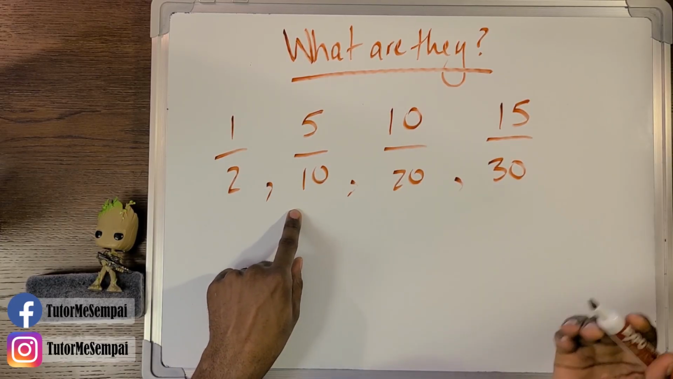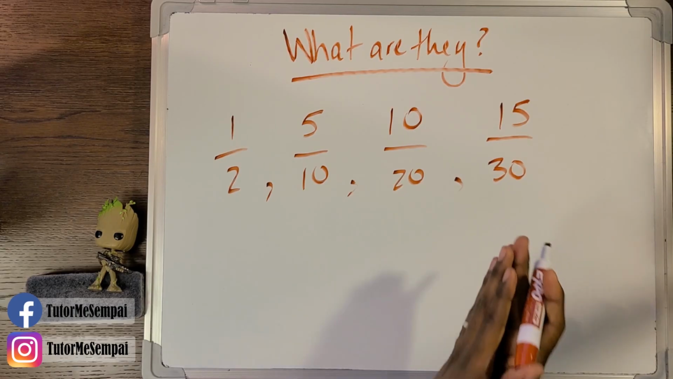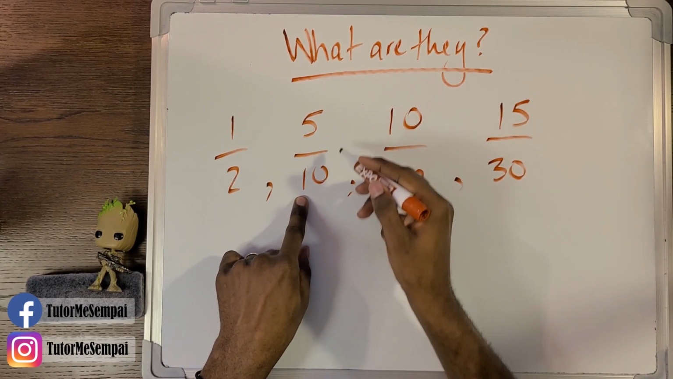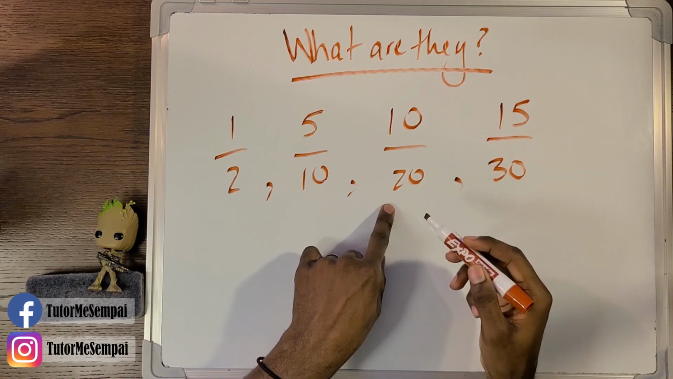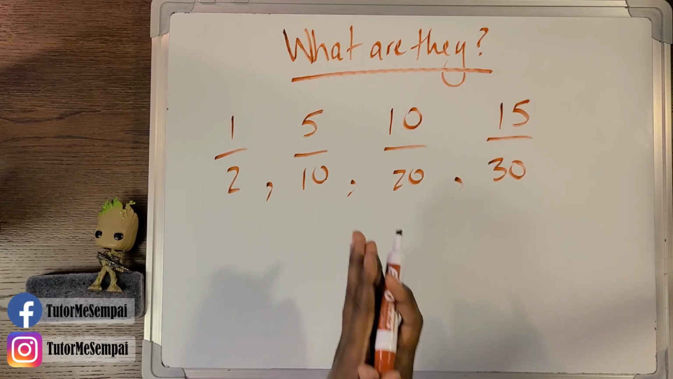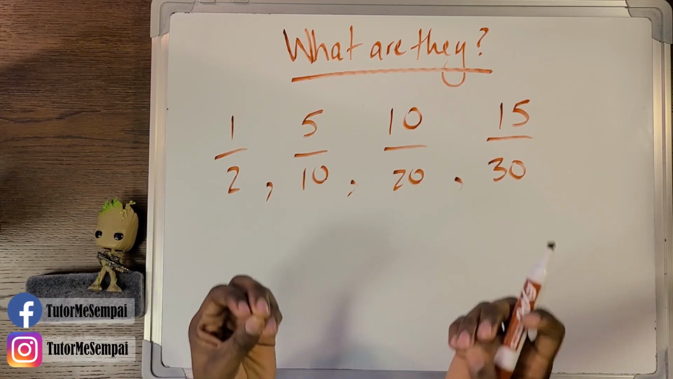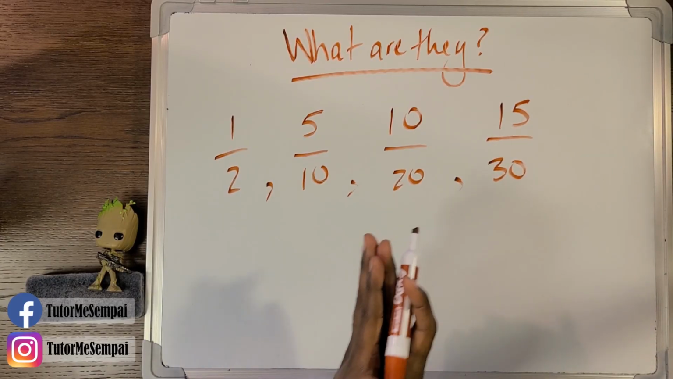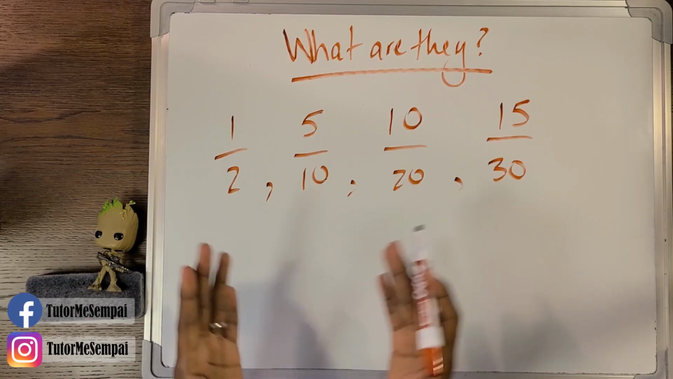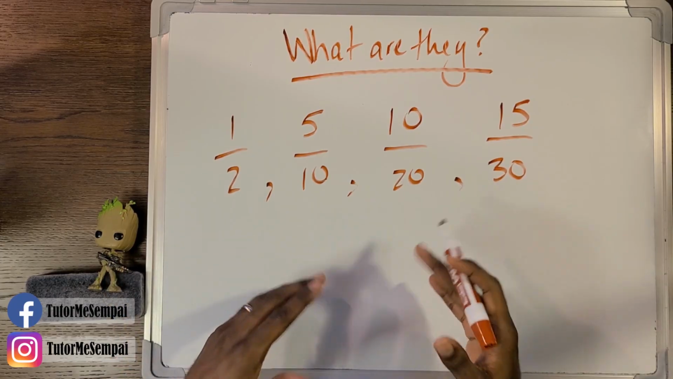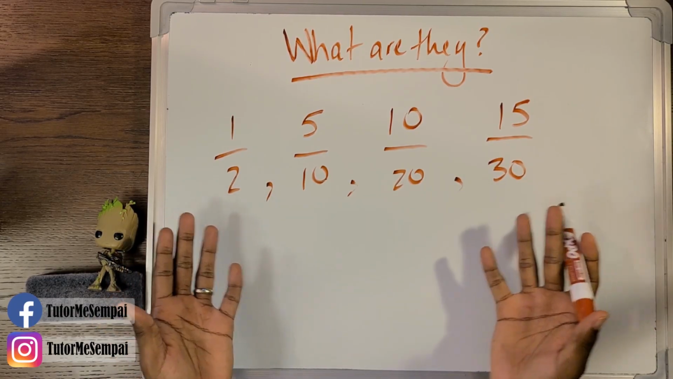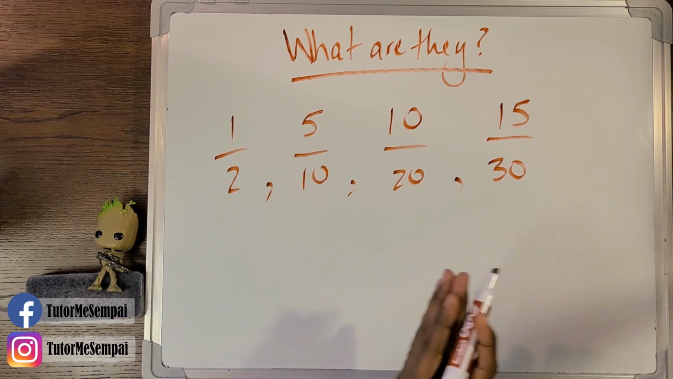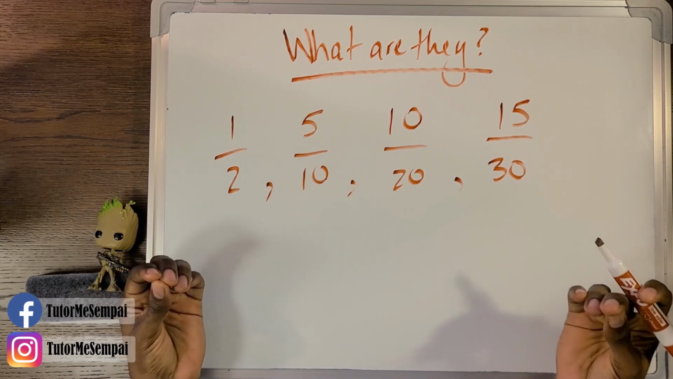How about 5 over 10? Well, it's telling you the same thing. It means the same thing. You have half of something. 5 is half of 10. How about 10 over 20? 10 is half of 20. So once again, it means the same thing. 15 over 30? 15 is half of 30. So it means the same thing. So if you have two or more fractions that mean the same thing, you can call those fractions equivalent